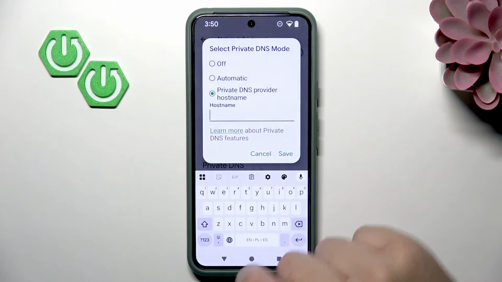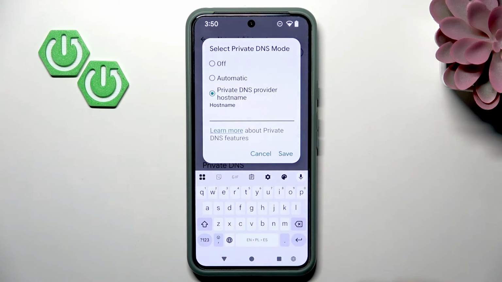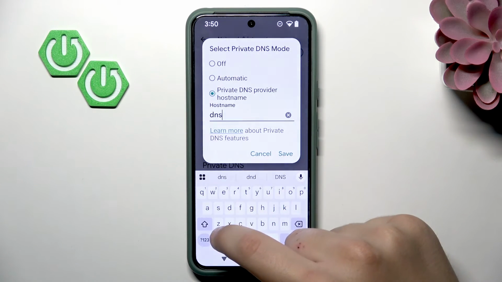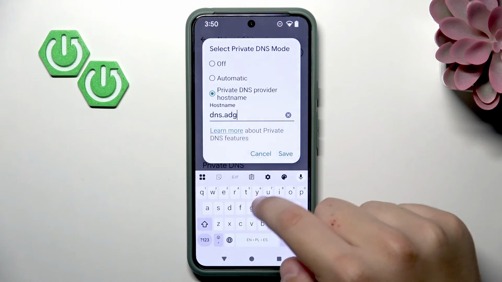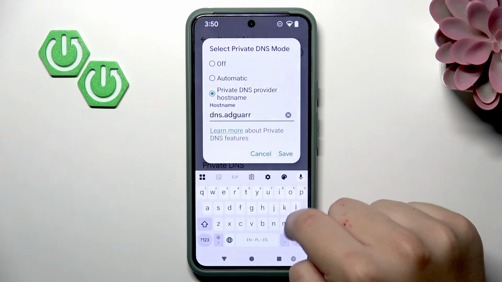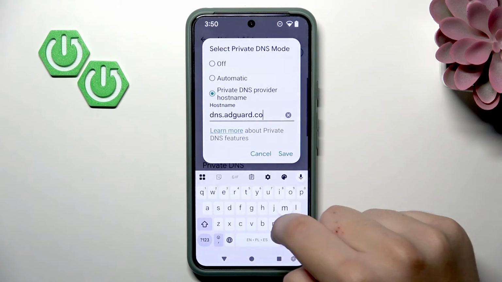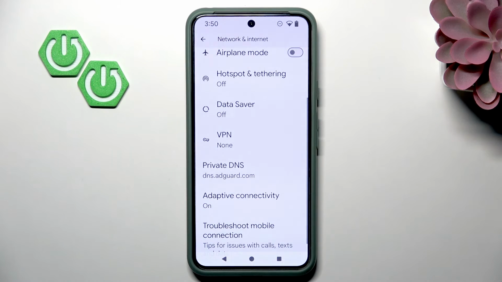name. So if, let's say, you don't want ads on your device, then I recommend you guys use dns.adguard.com. But I do not recommend using it every day, because it also makes Google unavailable in most situations because of the ads here on the main page, and it completely blocks ads. So basically this is how you guys can use the